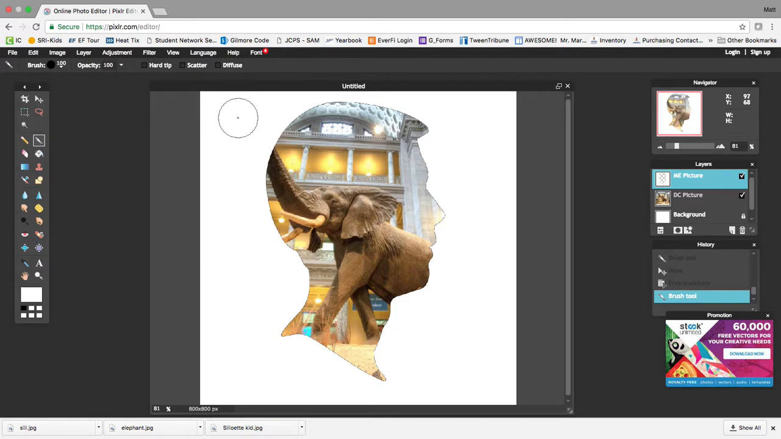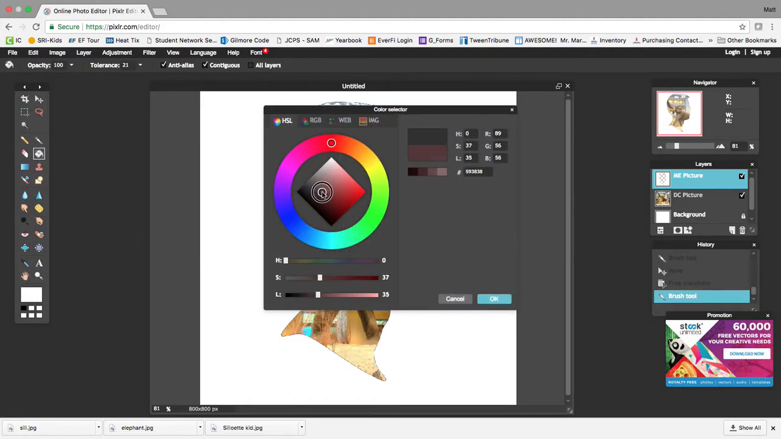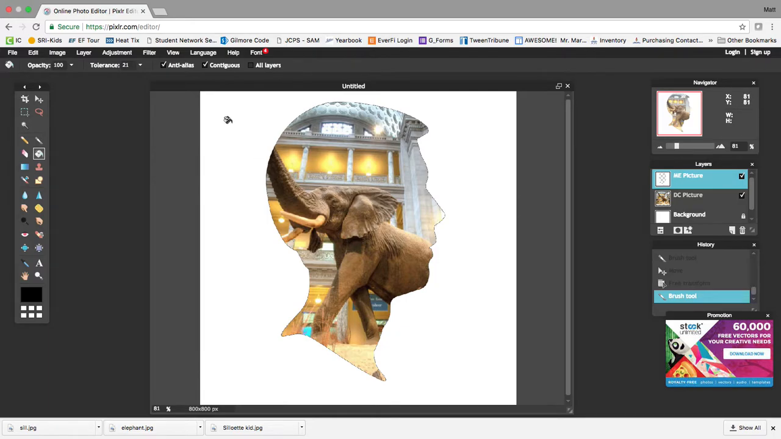Now, you may not want this background to be white. You can paint it black by simply going over here to the Paint Bucket tool and choosing our black color from the center there. Choose black, click OK, and simply